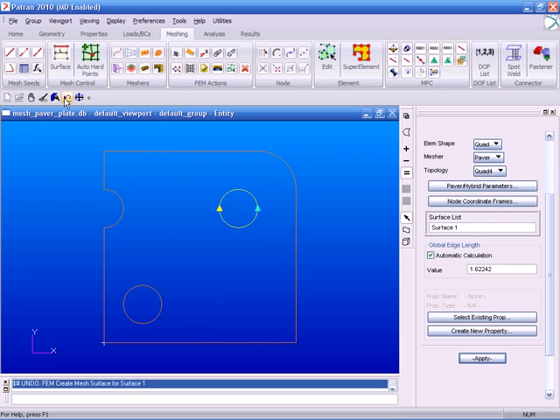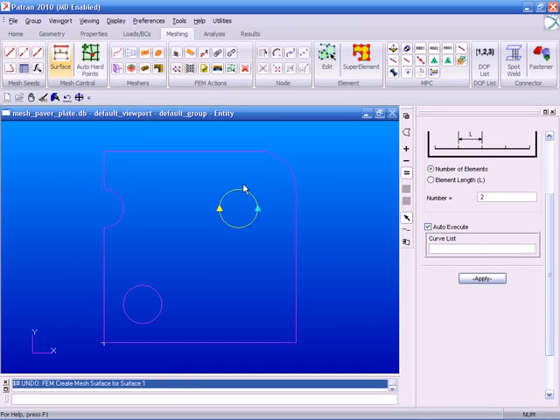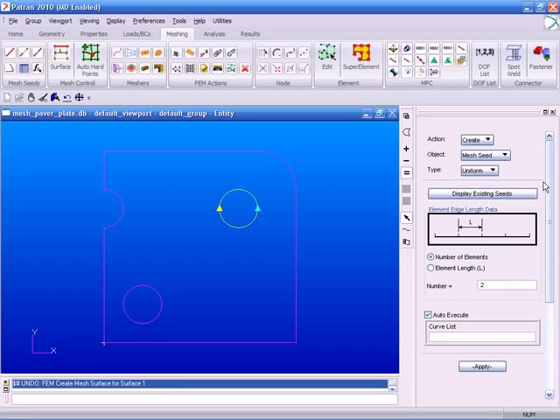So I'm going to go ahead and undo that mesh and do a little bit more work to refine and create a more sophisticated mesh here. And I'm going to start with a mesh seed. The way a mesh seed works is basically before the mesh is created, you can define where you want nodes to be created. So in this case,